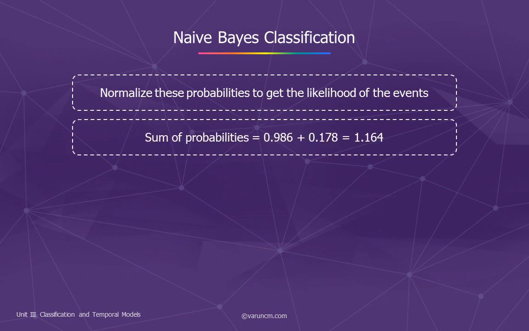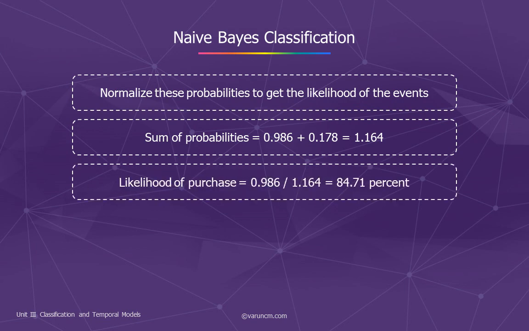The sum of both probabilities is 1.164, which is not possible, since the sum of the probabilities should be 1. So we divide by 1.164, so that while normalizing, the likelihood of purchase is equal to 0.986 divided by 1.164, which is